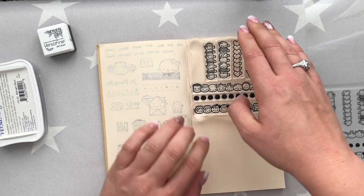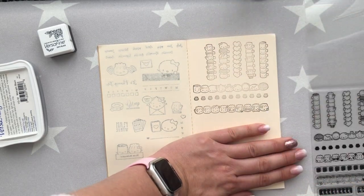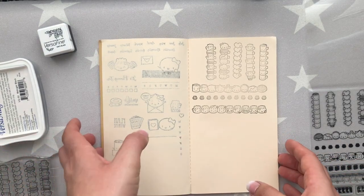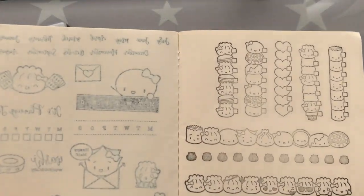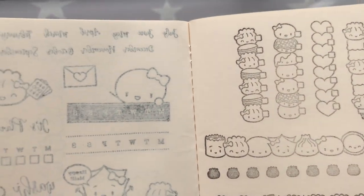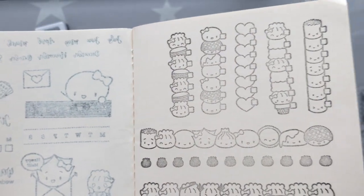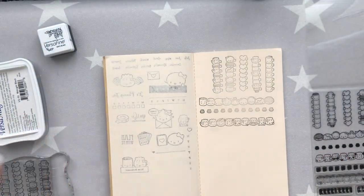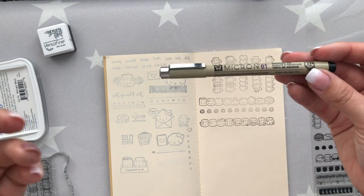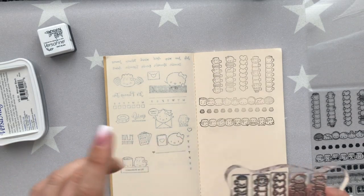Now I'm happy with that, so I'm going to hold the paper with my left hand and I'm going to pull it up quickly. Now there is a massive, massive difference. So you guys can see it still works and you still get it. You could possibly go over it with your Pigma Micron pen, but the colour payoff is not there for me, guys, so that's why I am not a